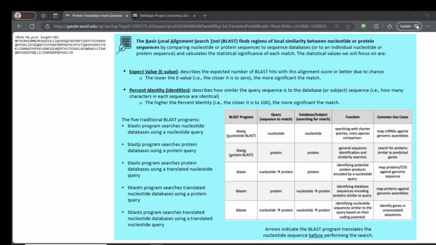yakuba genome assembly. To do this, we will be using the Basic Local Alignment Search Tool, also known as BLAST, to find regions of local similarity between nucleotide or protein sequences by comparing them to sequence databases or to an individual nucleotide or protein sequence. What this will do is calculate the statistical significance of each match, and ultimately we focus on a few